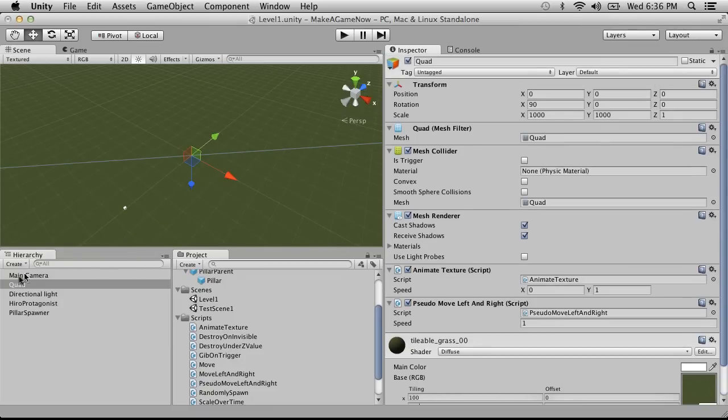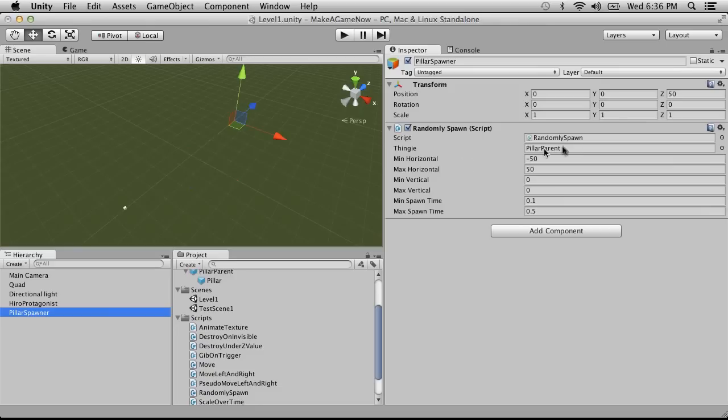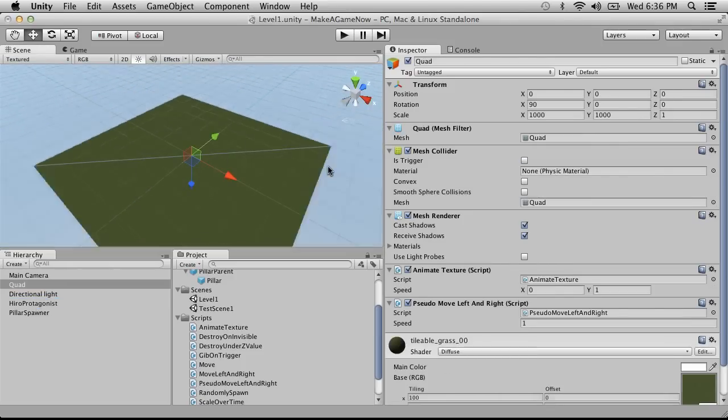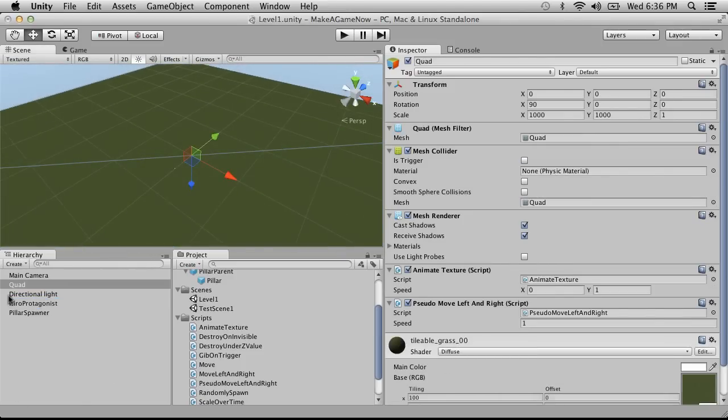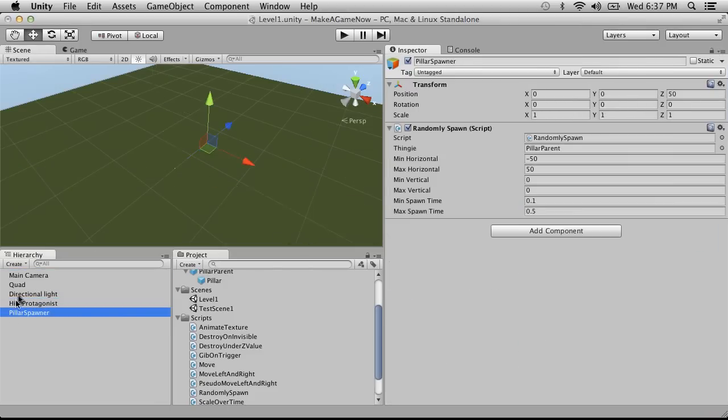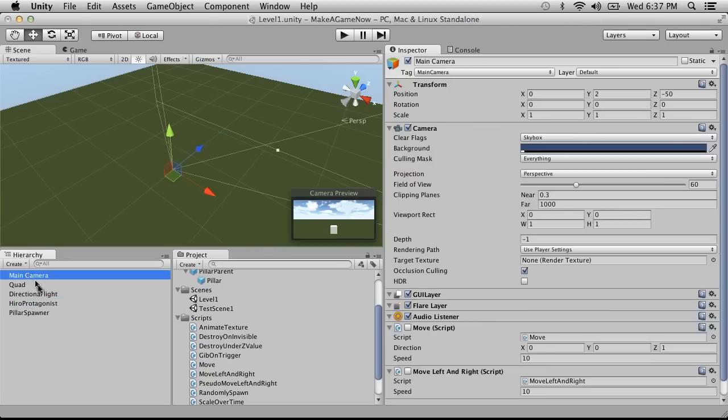I'm going to change where the pillar spawner is. I'm going to put it out at... no, we can leave it out there, I guess. 1,000 by 1,000 is probably more than we needed. Whatever, it doesn't matter. Let's move the protagonist and the main camera back. So he's at 45 and 50, and so they should be at probably 500